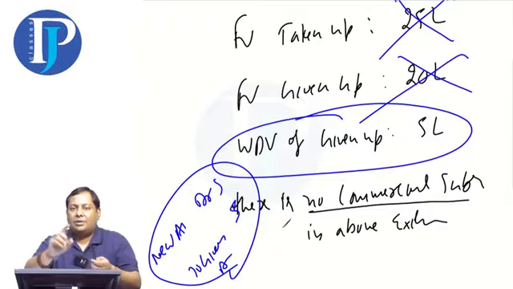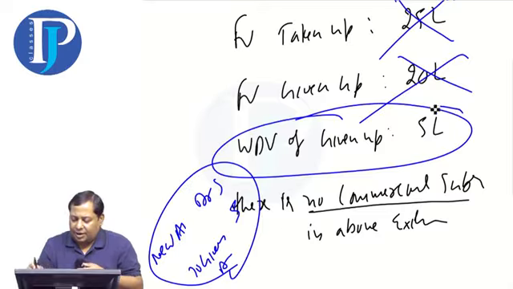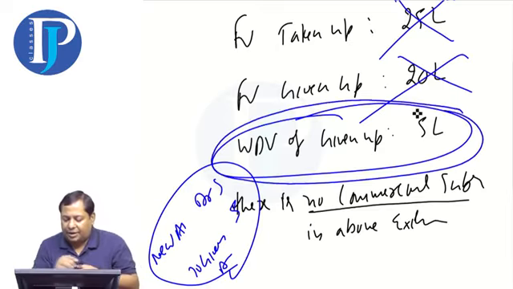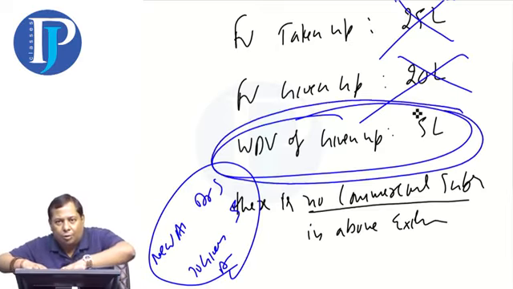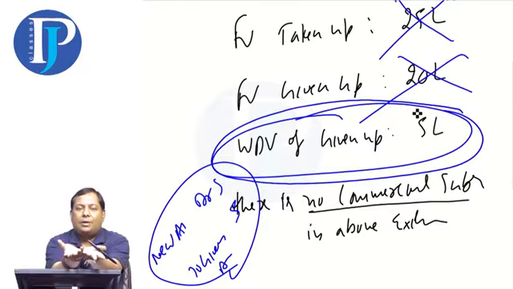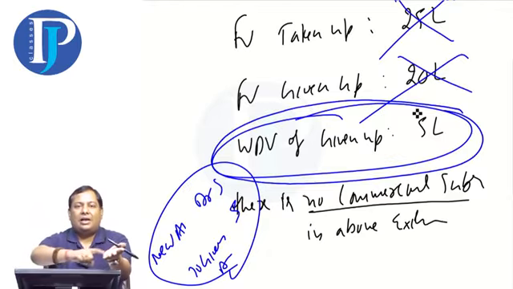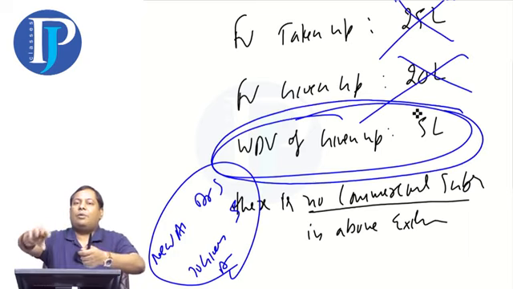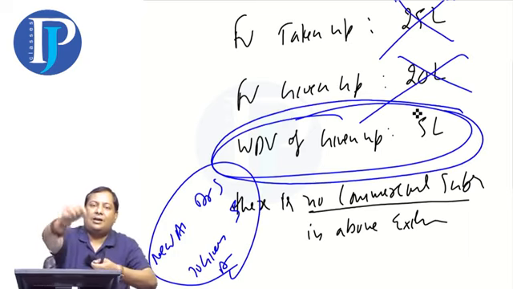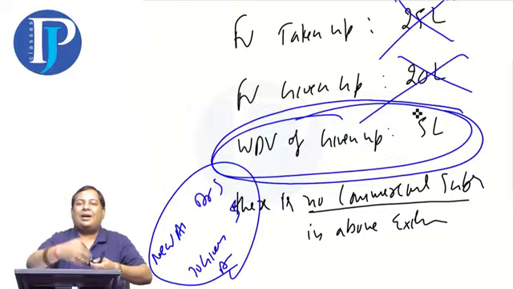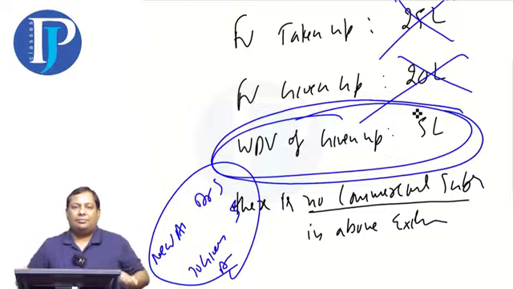You don't have to do anything, just focus on one point. What is the WDV of the given up asset? Take this carrying amount and replace the new asset with it. Think of it as if the name of the asset is changing. There is no change in the values. So there will be no cash, no gain, no loss, nothing at all. The value will remain the same in books, only the name of the asset will change. The new asset has arrived and the old one is gone.